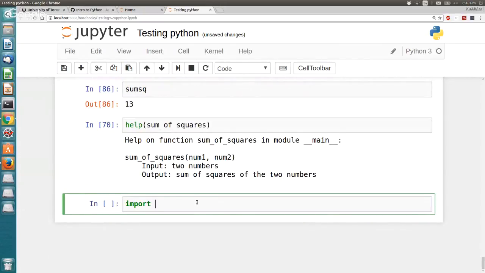If you installed Anaconda, you will have Numpy. The way people typically use it is you import a package and then rename it to something convenient so that when you're referring to it, you don't have to type numpy every time. You can just type np. So if I run this,